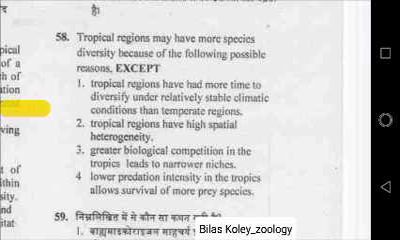Now we will discuss question number 58. Tropical regions may have more species diversity because of the following possible reasons, except, that means you have to find the exception one. And the options are: tropical regions have had more time to diversify under relatively stable climatic conditions